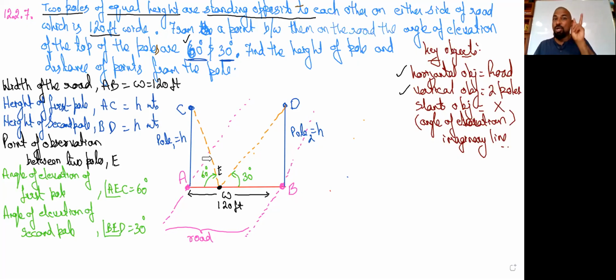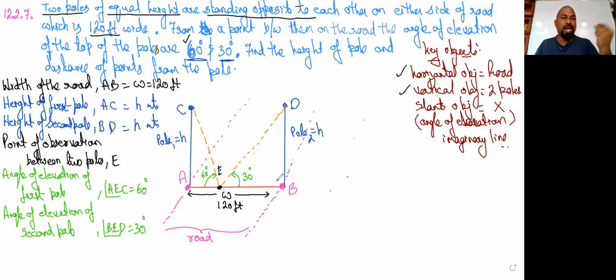When we have 2 angles and 2 right angle triangles, when we need to solve, it's better we should have 2 variables. Though we are having h 2 times, we don't have 2 variables. Why? Because he said both are of equal height. We need one more variable which can connect both of the triangles to solve it. So that's the logical thing you have to remember.